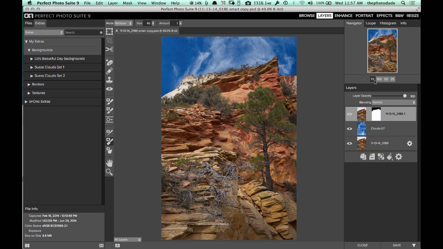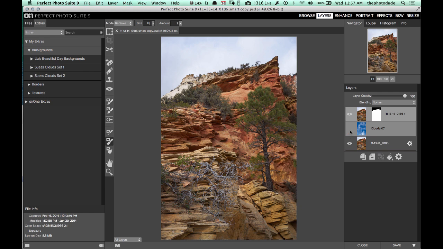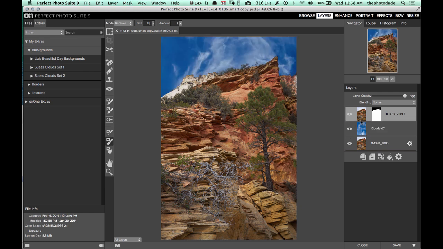Let's take a look at the fit view. Okay, good. My mask is now complete. Let's take a look at the before and the after with that mask. What I'll probably want to do though is give this photo just a little bit more breathing room on the top